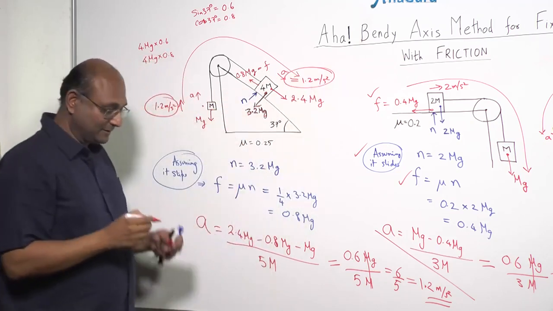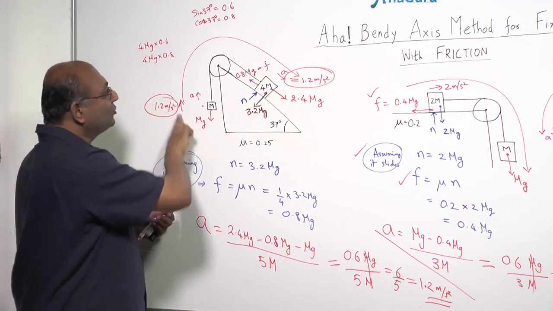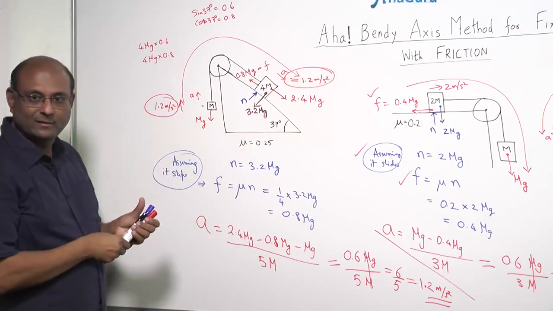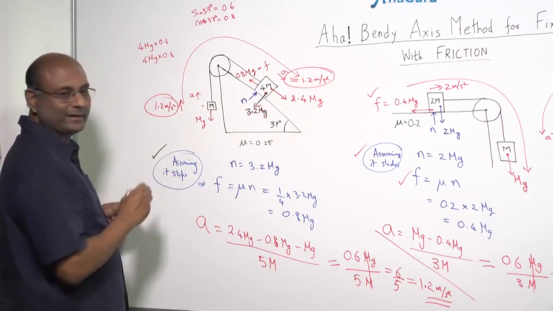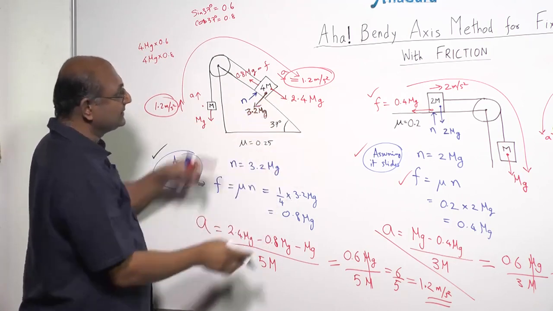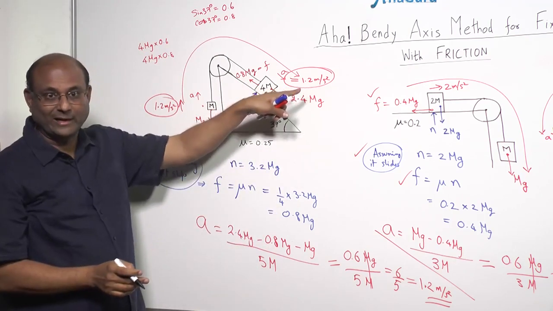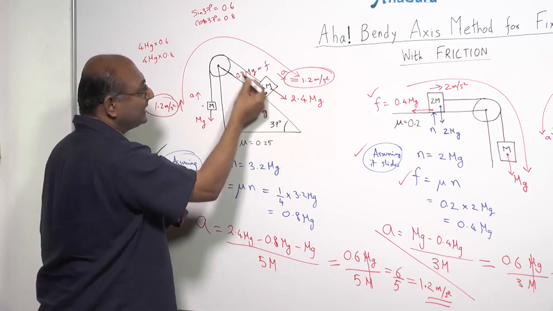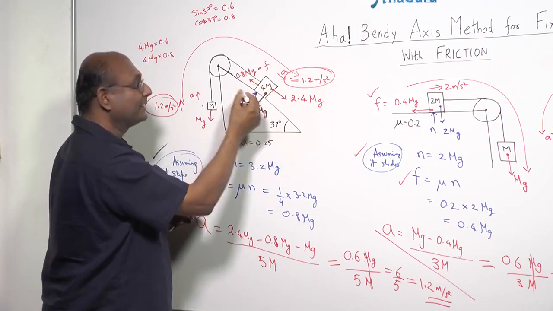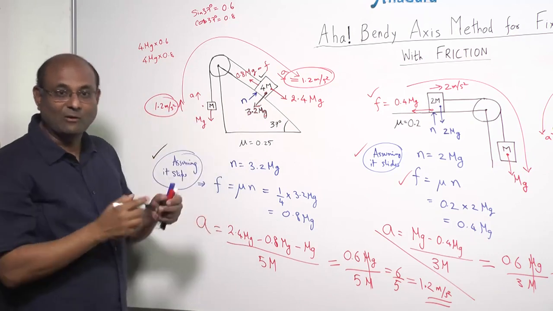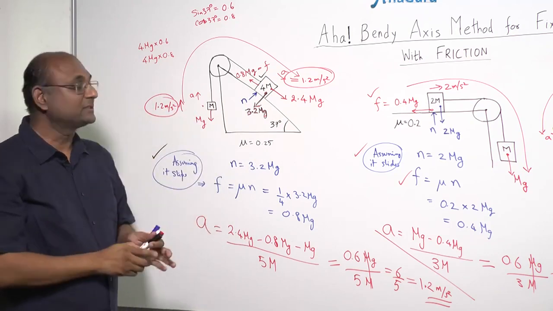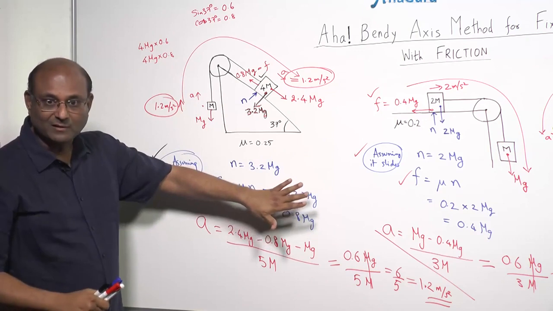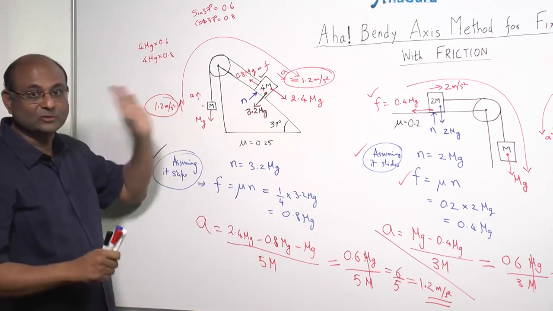Don't stop, check. We assumed that it is sliding. Is it sliding? Yes. So this assumption was correct. We assumed it is sliding like this. Is the answer matching, or did you get a negative number? You got a positive number. So that means it's sliding like this. So that means friction direction assumed that way is correct. Yes, so this is also correct. Okay, so now our solution is correct. With friction questions, always first solve, then check whether what you assumed was correct.